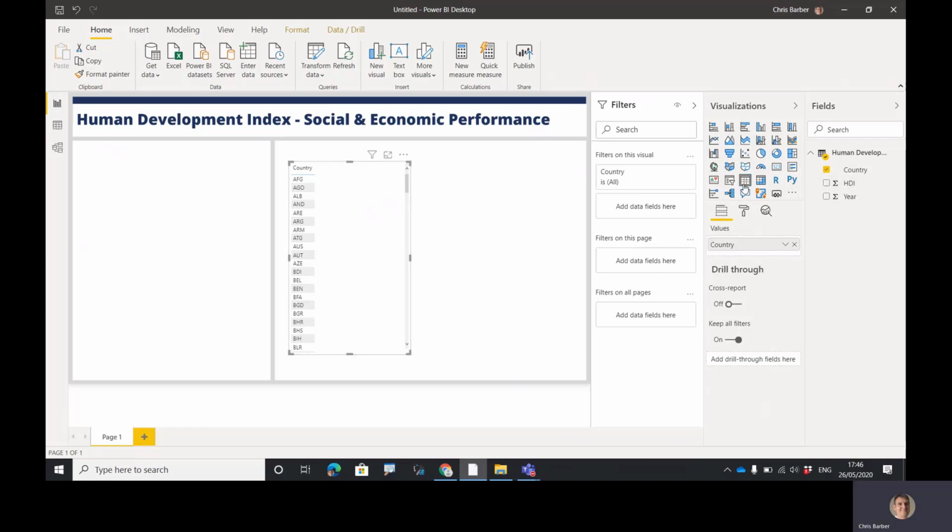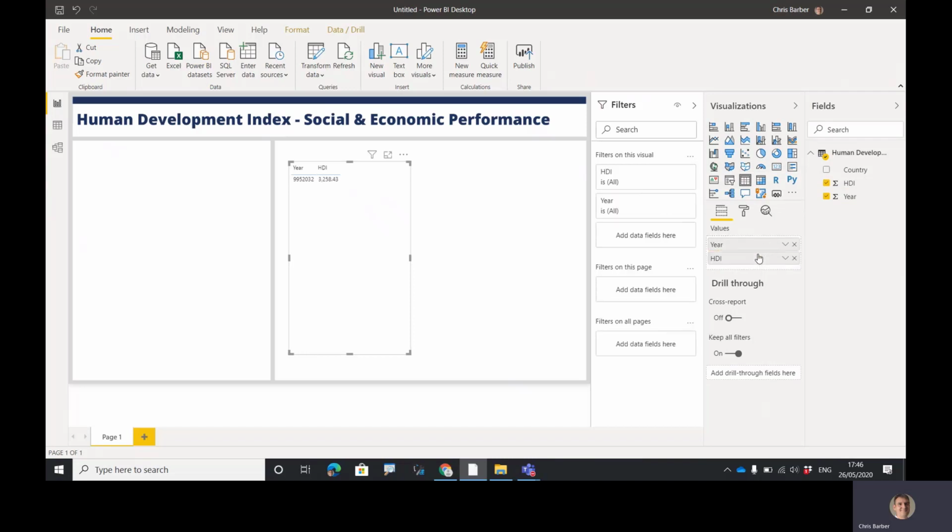I just change the type over by clicking on the visualizations here and selecting the one I want. So in this case, I've just chosen table. Great. So now I've got a table. Actually, let's have a look at year in that table. And let's remove country. If we just drag in HDI, which gives us the Human Development Index,